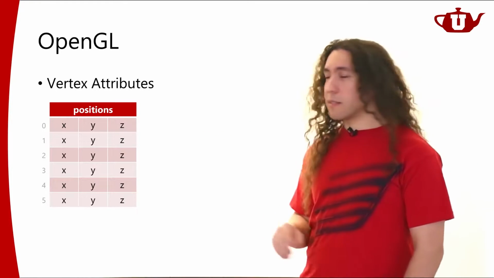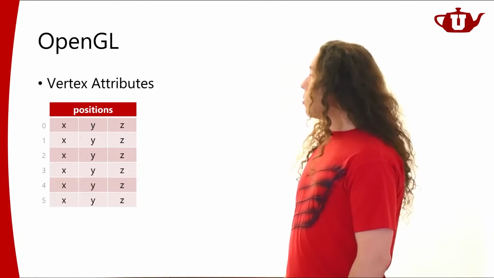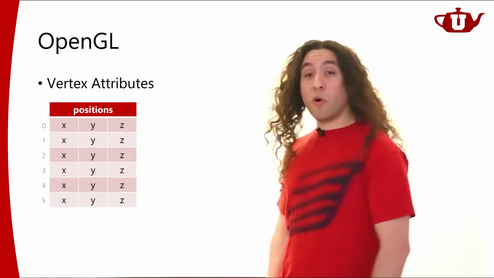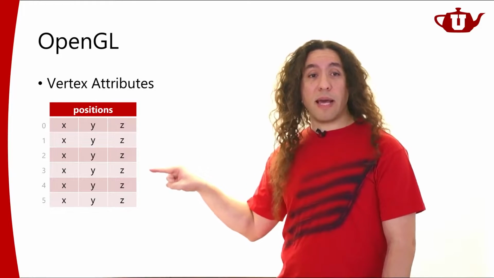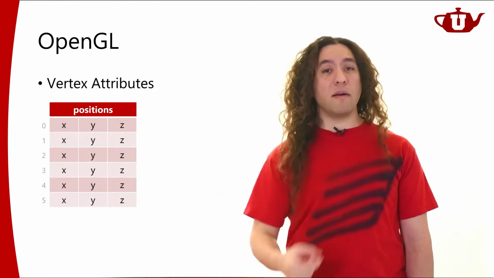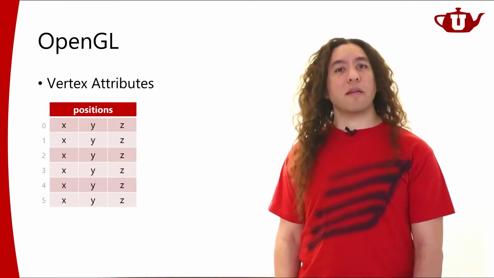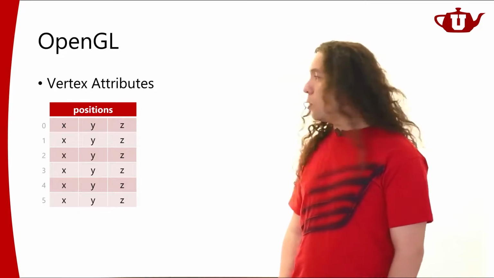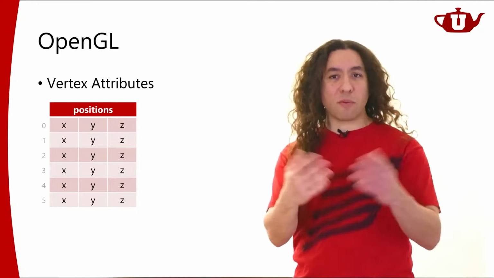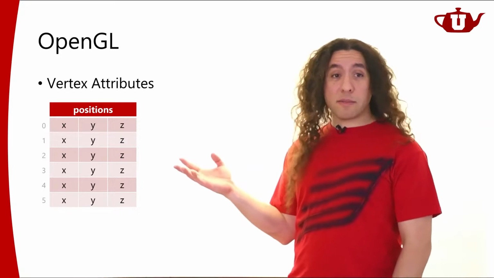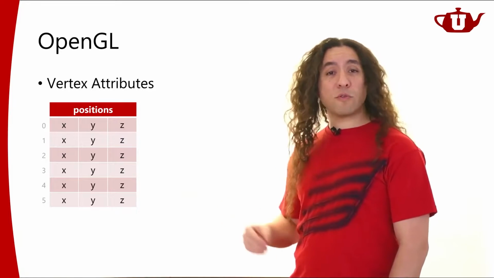Let's concentrate on this. So I have a bunch of positions. Now, if I were to render these as points, each one of them would be a point in space, and I would send them through the vertex shader, and they will have a position in the canonical view volume, and my GPU will generate the fragments for those points. So I'll have a bunch of points, just like we did. If we want to have triangles, we're going to have to figure out a way to form triangles from them.